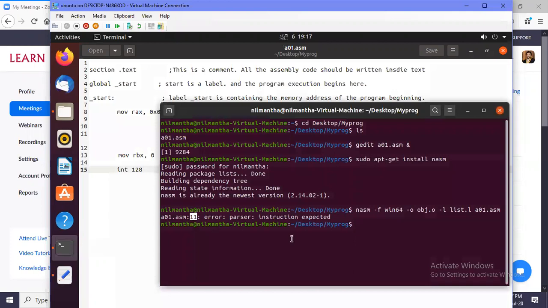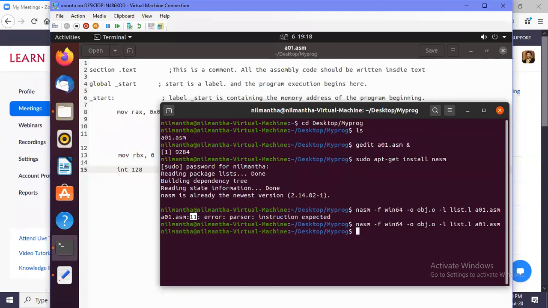Then go back to your terminal. With the up or down arrow keys, you can move back to your previous commands. If I press the up arrow key once, you will get the previous command. If you press another one, you will get the command before that. Likewise, you can go back through your previous commands. Now I want to get this command back, so I press down twice and I got it.